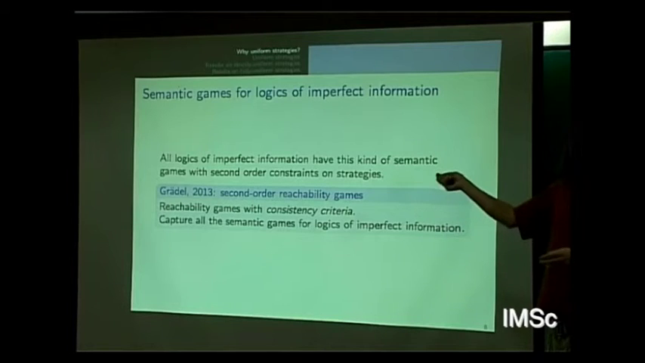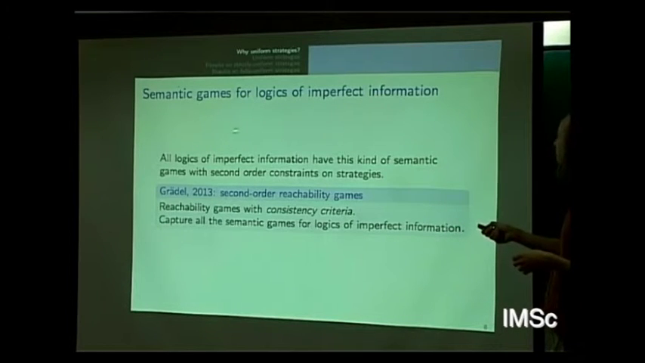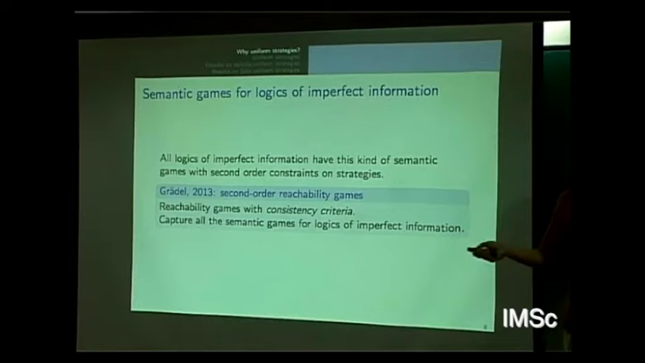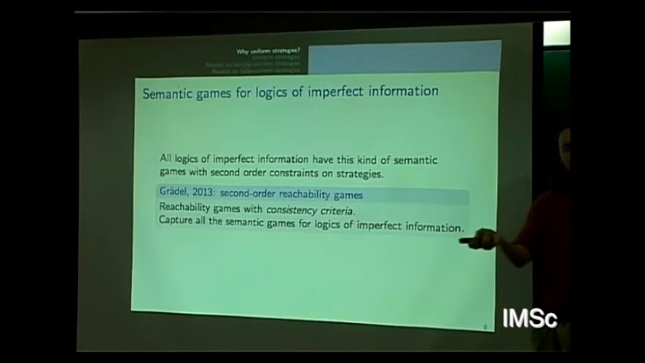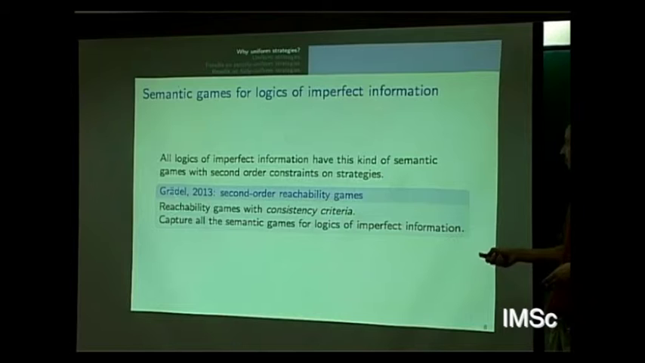I forgot to talk about this. So I just talked about the example of dependence logic, but I said there are many other kinds of logics of imperfect information where you had different atomic formulas that come all from database dependency theory, and they all have such kind of semantic games with additional constraints on strategies. And Grädel recently